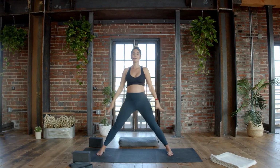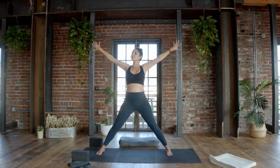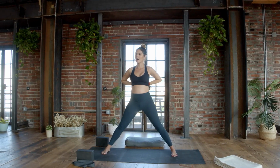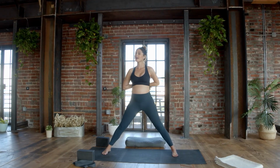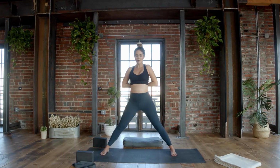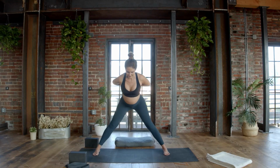On an inhale, circle the arms to the sky. Exhale, spread the arms out, turn the palms to face behind, bend the elbows. You might just bring the fists together today behind the back, or you might bring the hands into reverse prayer if that's okay. Press the palms together, lift the heart, lift the chest, take a breath, and exhale, lean out